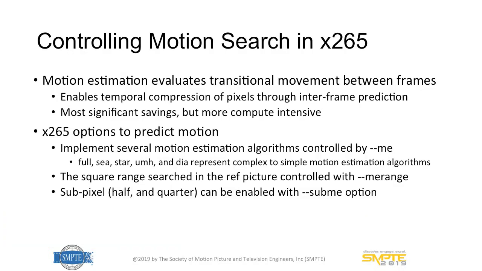So X265 presents, again, several options. You can choose what algorithm you want to use. You want to use full motion search or diamond motion search, star motion search, successive elimination, all kinds of algorithmic options. How much you want to search, that is the range of your search. Do you want to search only 3 pixels, 50 pixels, 200 pixels, completely up to the user. And you can also do refinement for half and quarter pixels that the standard supports, and those are also configurable. You can say, I'm doing 180p content, I don't have to do quarter pixel refinement, and that's not necessary anymore.